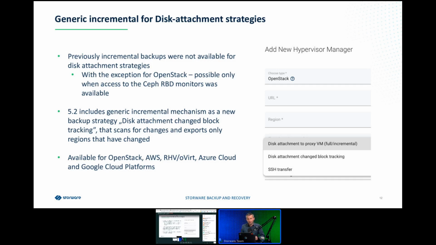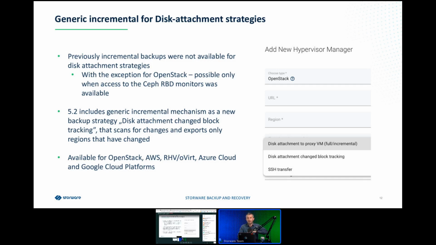So right now, whatever disk attachment strategy you use, if the native hypervisor does not support CBT, and believe me, not all of the vendors give you CBT, we have an option to